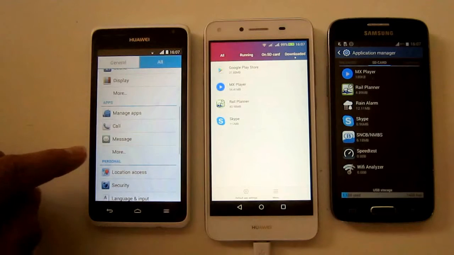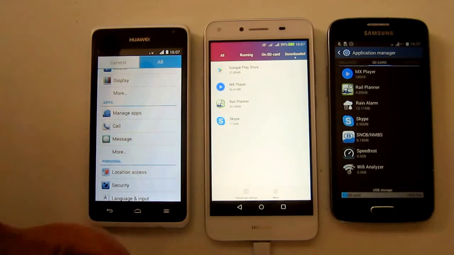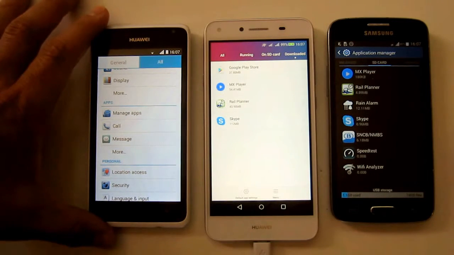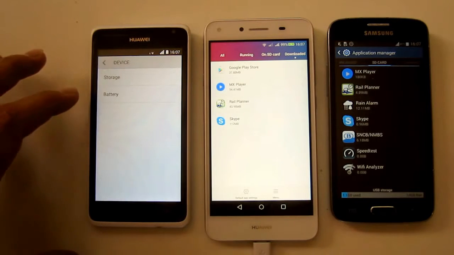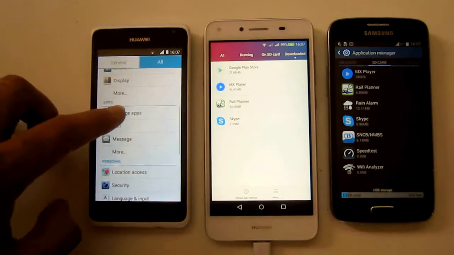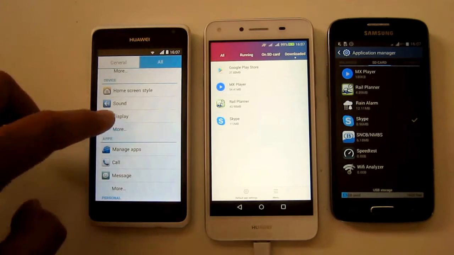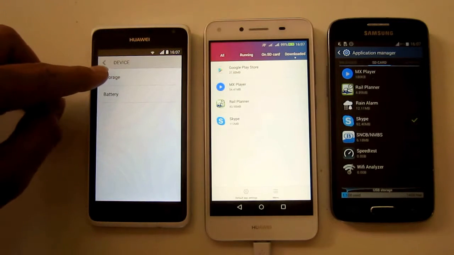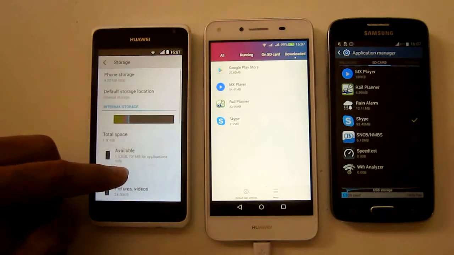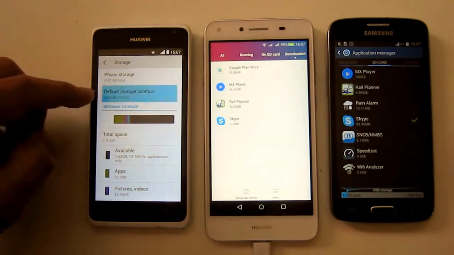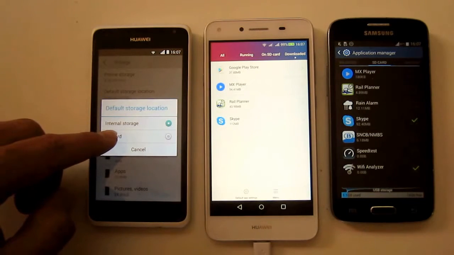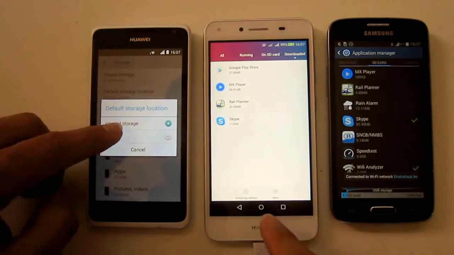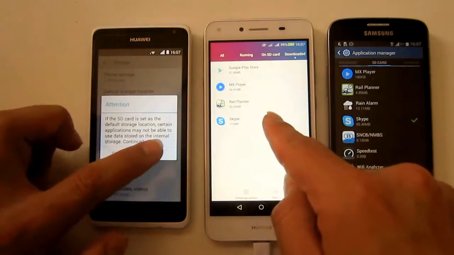Shouldn't be that hard. So with the Huawei Y530 and other similar devices, you go under Device, you go under More, and then Storage. Here, default storage location, you put in SD card. By the way, that is also possible here, but it's not necessary